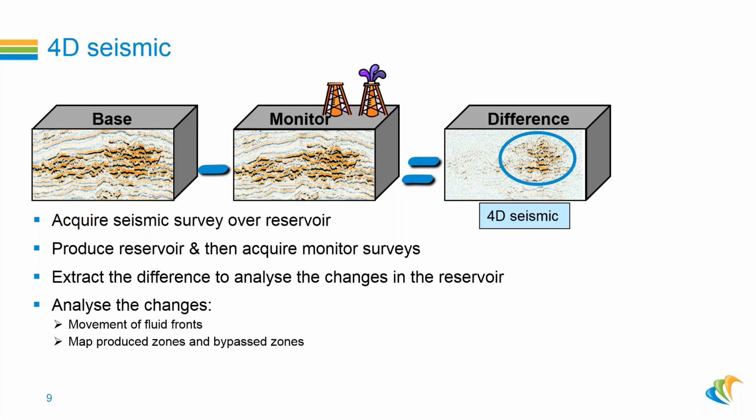Then we need to analyze the changes that happen in the seismic data. It could be the movement of fluid fronts, and we can also map the produced zones and bypassed zones using this 4D study. The typical workflows for 4D could be time-lapse modeling, simulation to seismic modeling, and 4D calibrations,